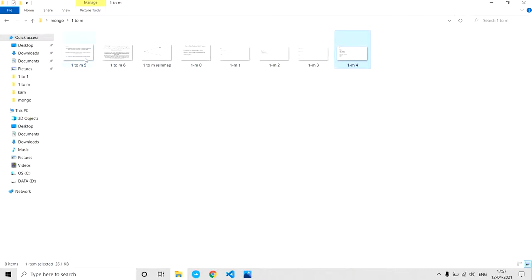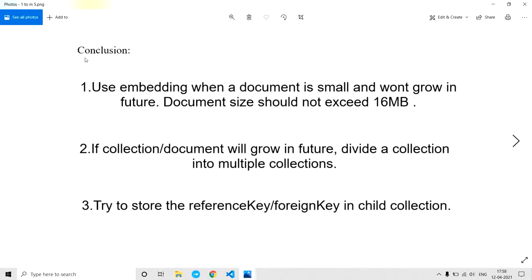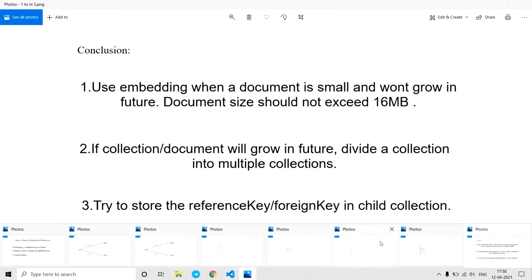So let's conclude on this one-to-many relation. All the conclusion points are pretty similar to one-to-one. So use embedding when a document is not going to grow in future, as I explained with the example. And if a collection's documents will grow in future, divide the collection into multiple collections, which we did for posts and books in this example.